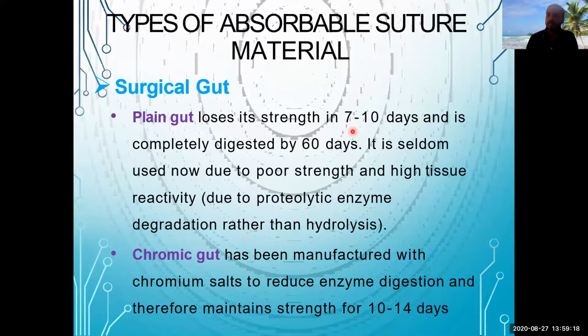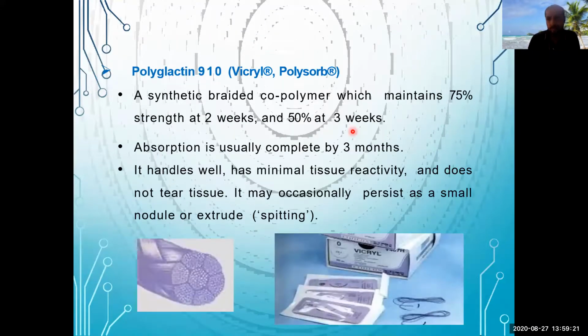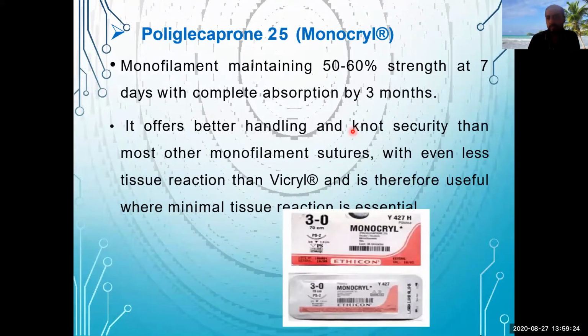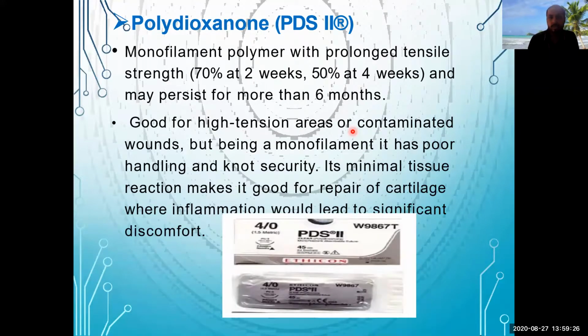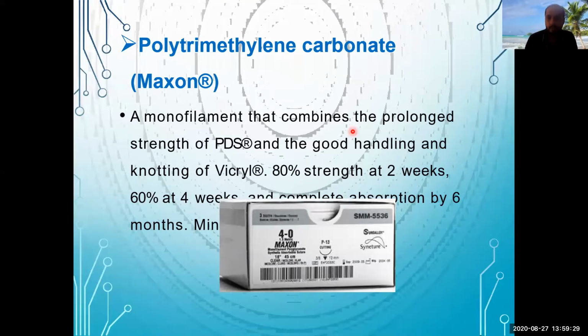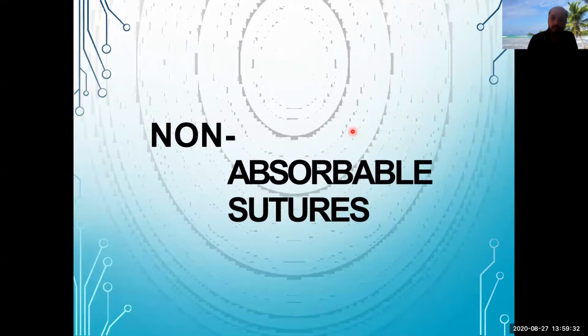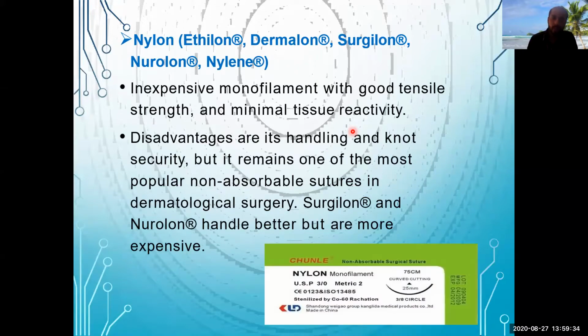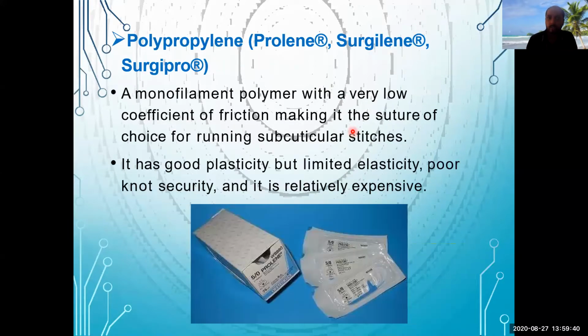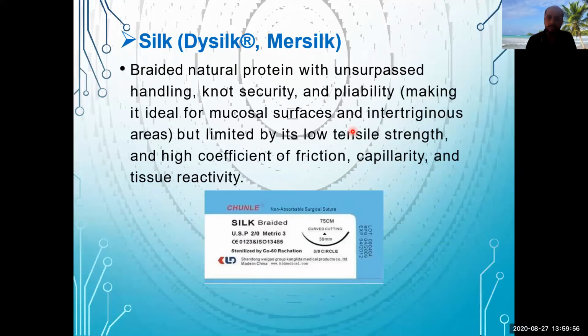Absorbable sutures, we have discussed: catgut, then polyglactin is Vicryl, polyglecaprone is Monocryl, polydioxanone is PDS, and polytrimethylene carbonate is Maxon. For non-absorbable sutures, we use Ethilon and nylon, commonly known as Ethilon, Dermalon, etc. This is mostly used for the skin. Prolene we use for some inner, tough structures, like in herniorrhaphy. Even hernioplasty mesh, Prolene meshes are available.